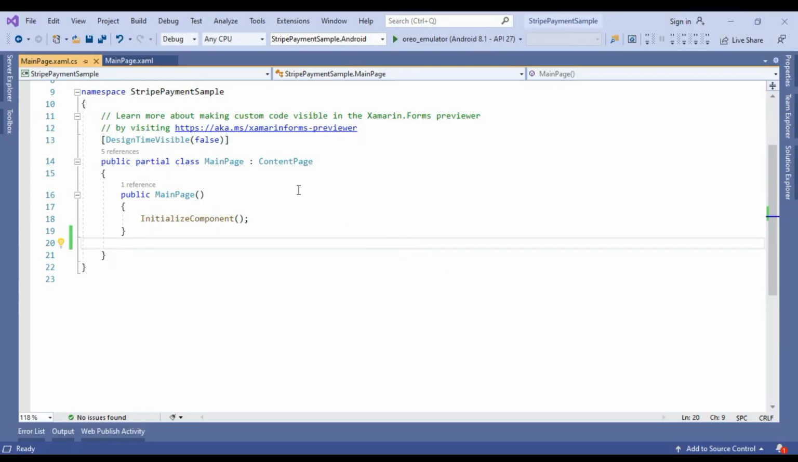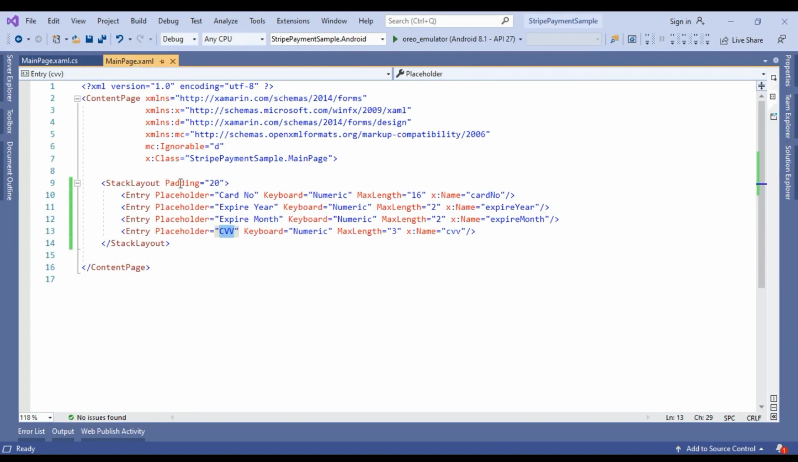So basically we need a dependency for implementing this Stripe payment gateway so that users can pay their amount using their debit card and credit card. To implement the Stripe payment gateway, we need to install the stripe.net dependency inside our Xamarin Form PCL project. So let's start. Okay, so here is my main page.xml, and inside this main page we already created 4